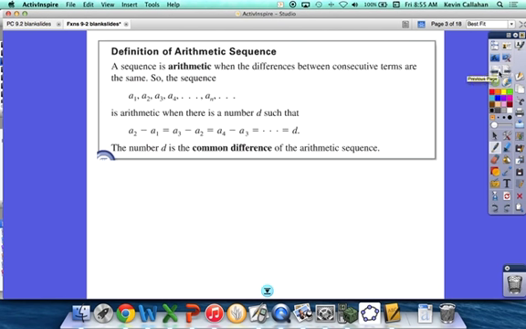Okay, so arithmetic sequence. An arithmetic sequence is the kind of sequence where you keep adding the same number to the previous term to get the next term. A lot of the ones we used in the last lesson were arithmetic. We just didn't call them that. The way they say it here,